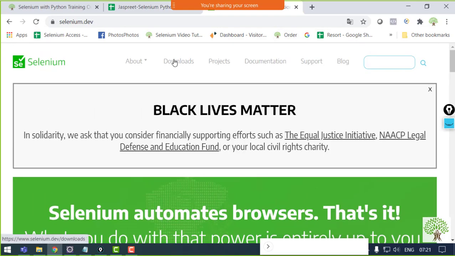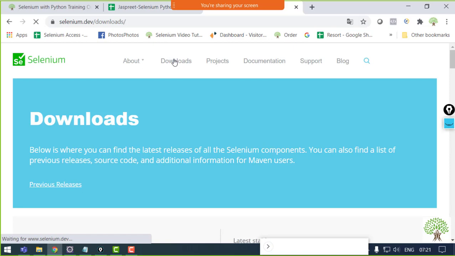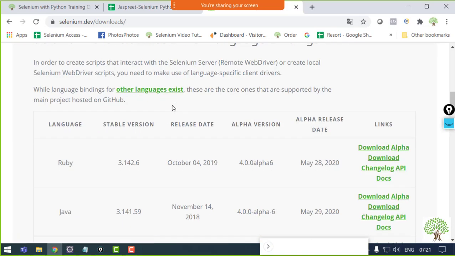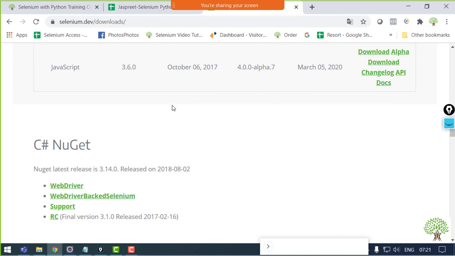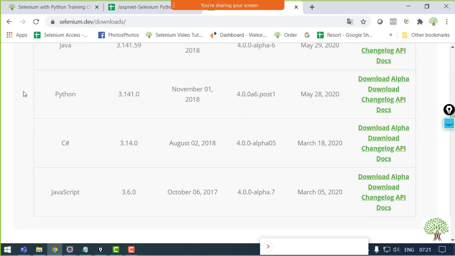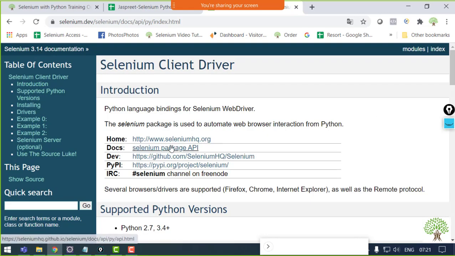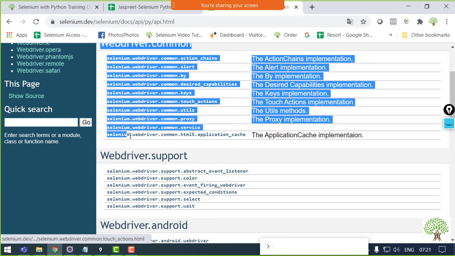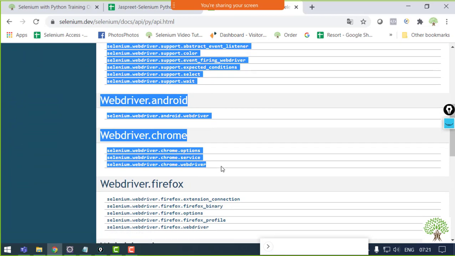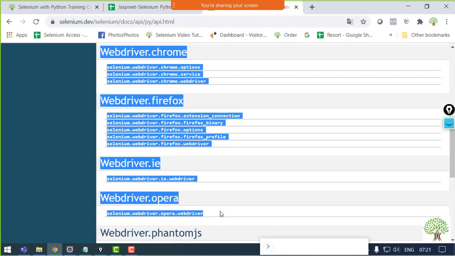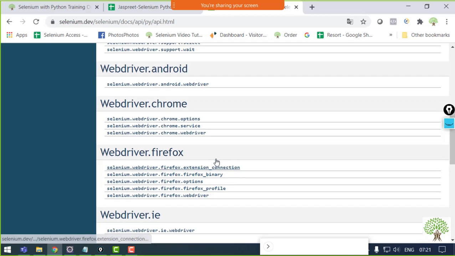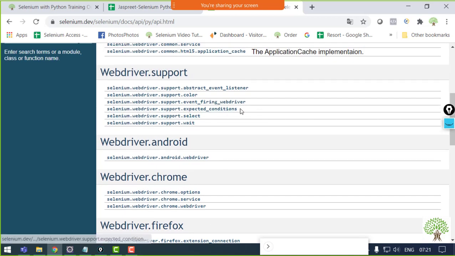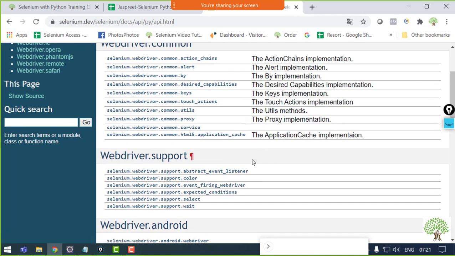The official website of Selenium says everything, and it has everything that you need, starting from Selenium till the grid server as well. Fine. So over here in the API docs of Python, these are the common utility classes that are given, which we are going to use throughout, and they are very useful. Like over here, these are the Chrome options, these expected conditions. So all of them are going to be very much helpful.